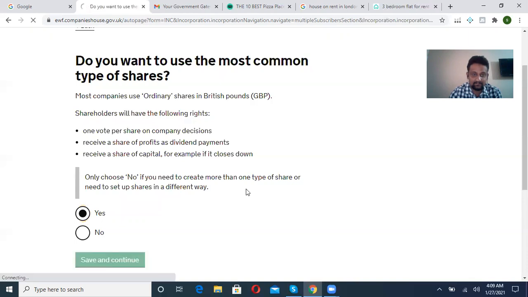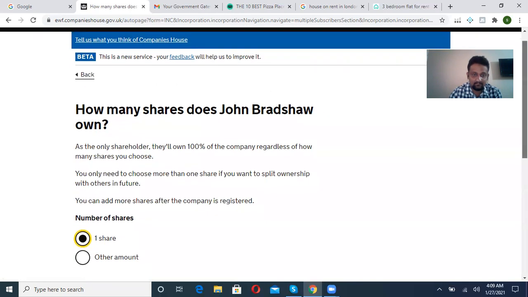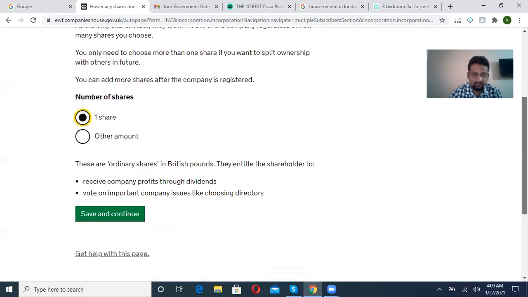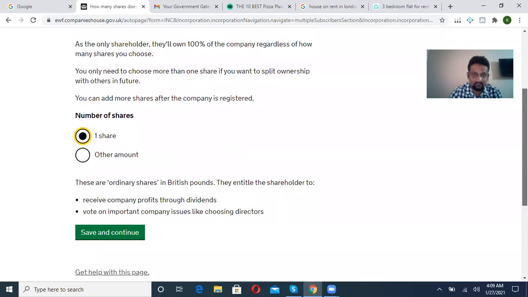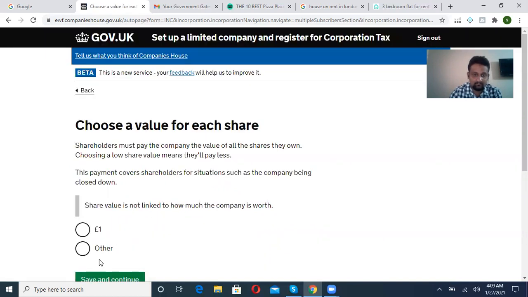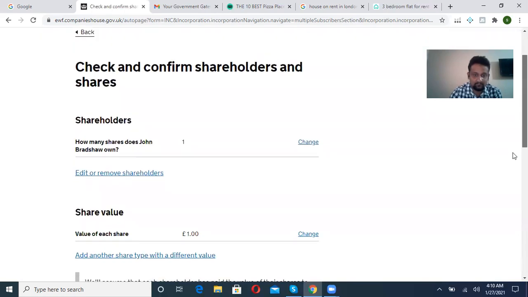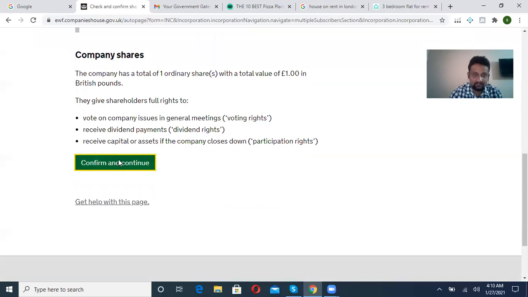Yes, save and continue. One share. Confirm and continue.